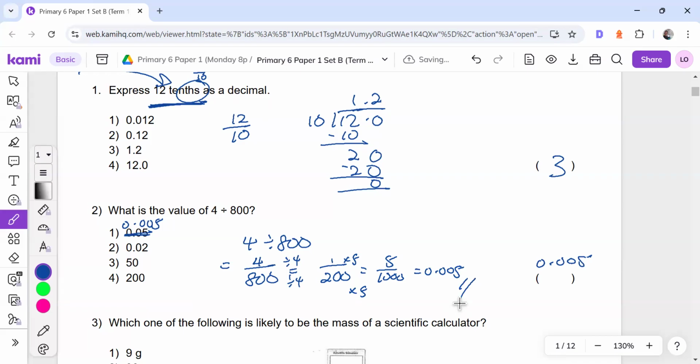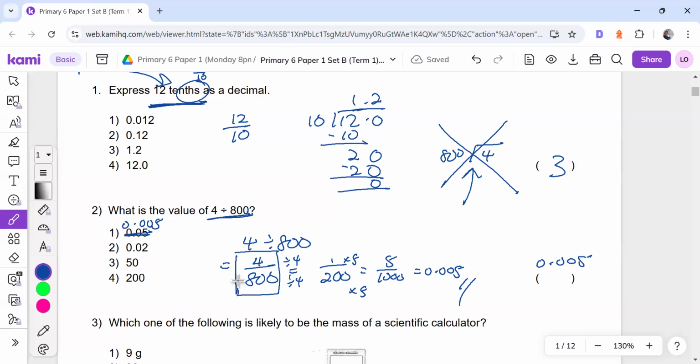So there is no need to do working. I think some of you did something like that, which is totally not acceptable because the school never teaches this. If you are doing it like this, something is wrong. So the lesson here: if you see dividing, then you write it as a fraction. And then what do